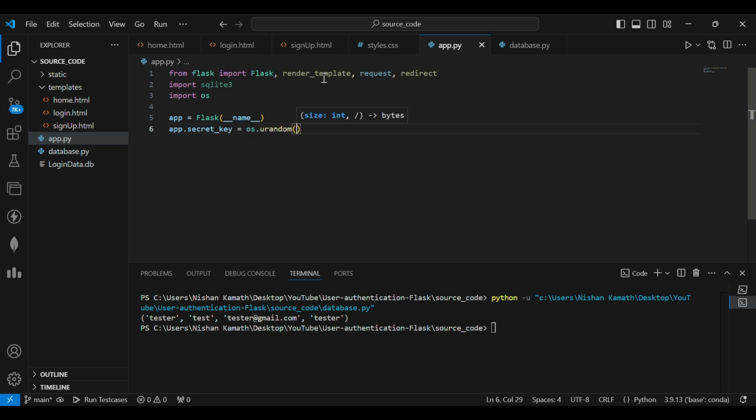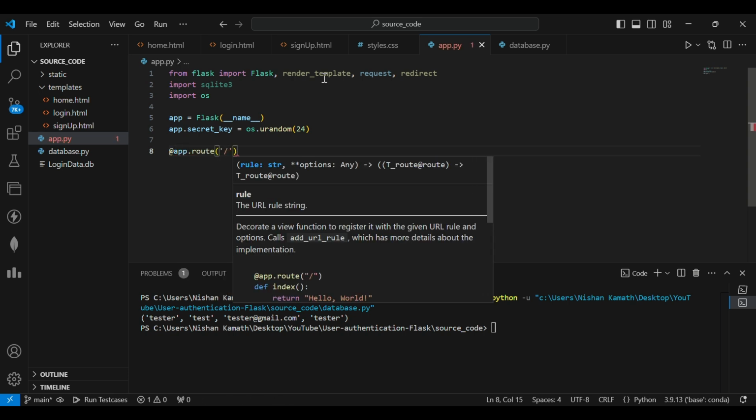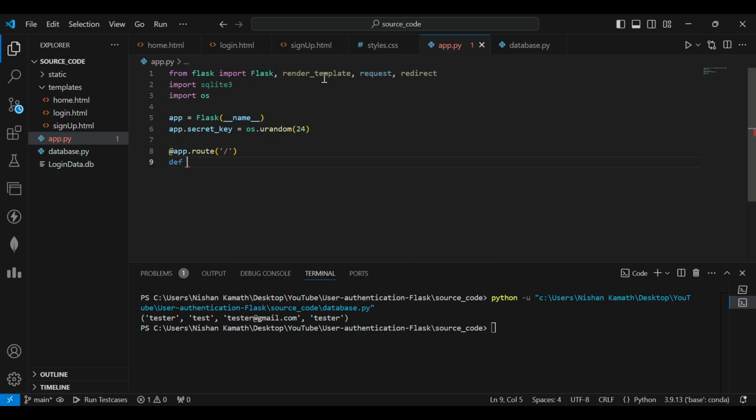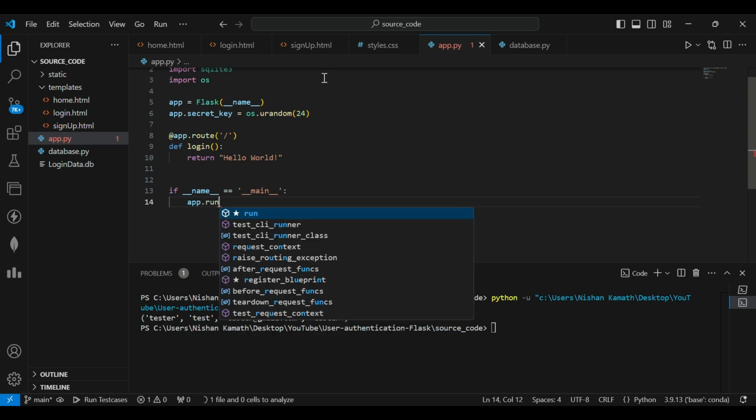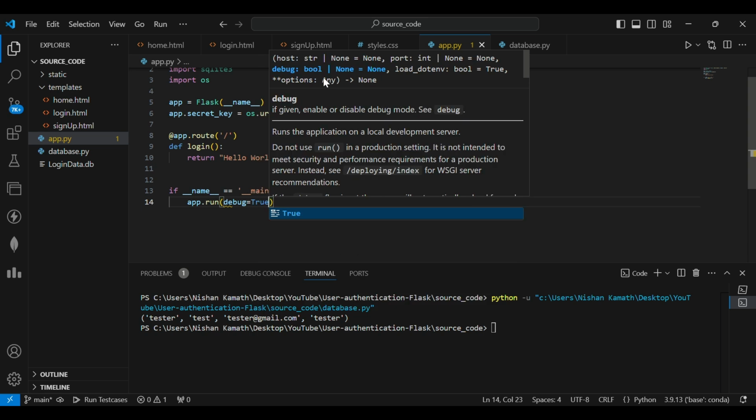So randomly, I'm taking 24 characters and creating the first home route, def login, return hello world. Just checking with the hello world whether it's running or not. If name is double equal to main, then app dot run debug is equal to true. This command runs the application